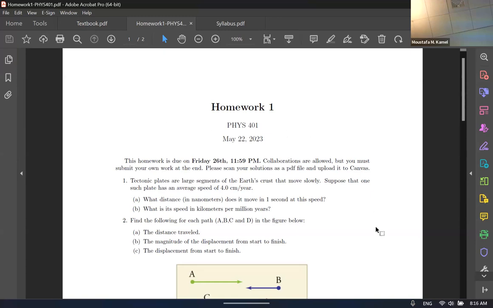Quizzes will usually be an hour long, on the first hour of one day. They will cover the topic that we covered the previous week. They will be a little, I will not say harder, but on the same level as homework, not easier. And they are worth 30% of your grade. The lowest homework grade and the lowest quiz grade will be dropped. So you don't need to worry too much about that.